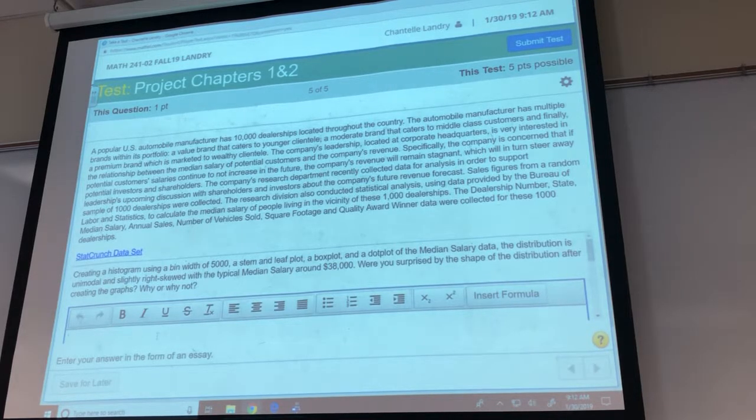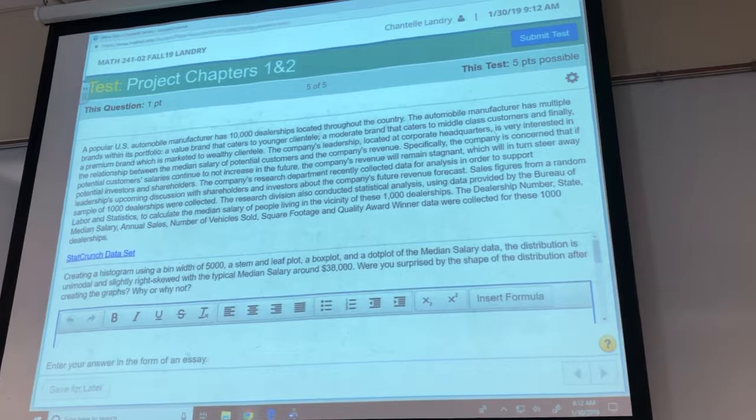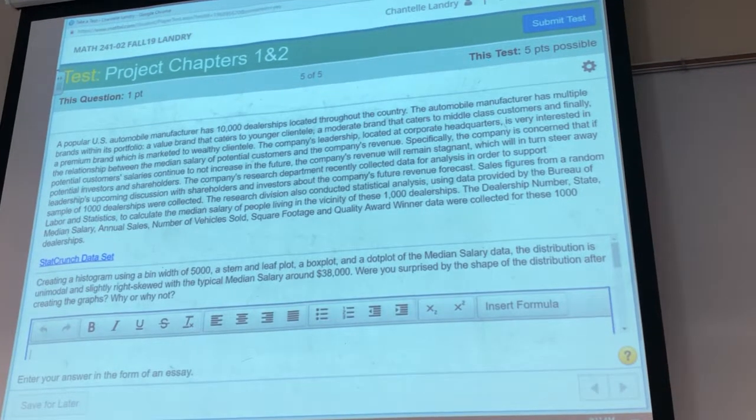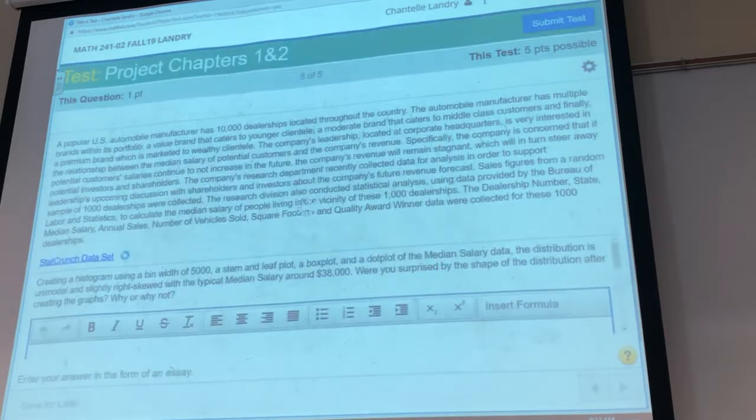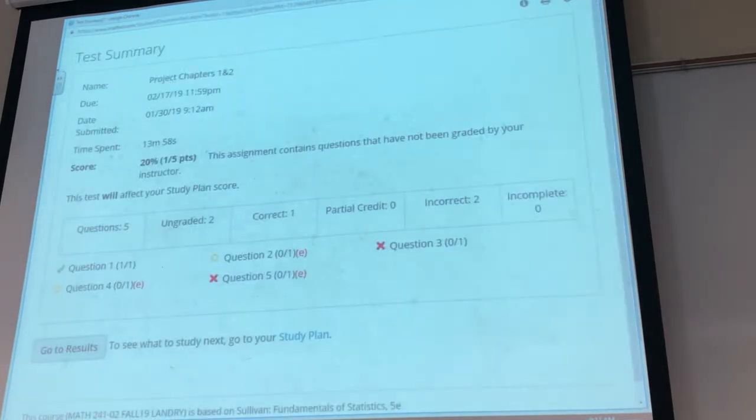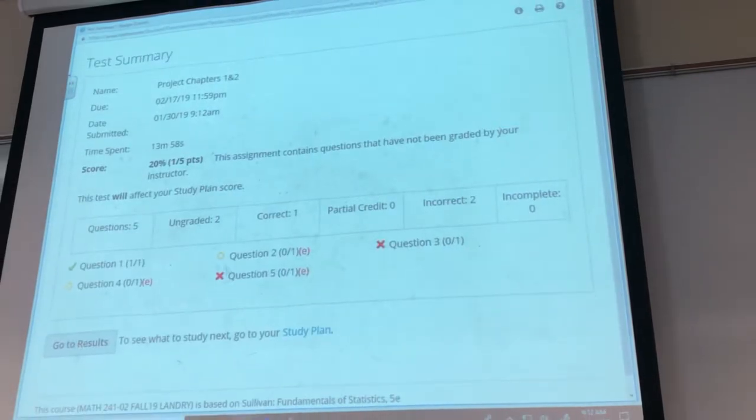Okay, but if I see I don't have a chance to save it for later because I have to finish this question later. So if I submit test, say yes, submit it anyway. Yep, okay, so